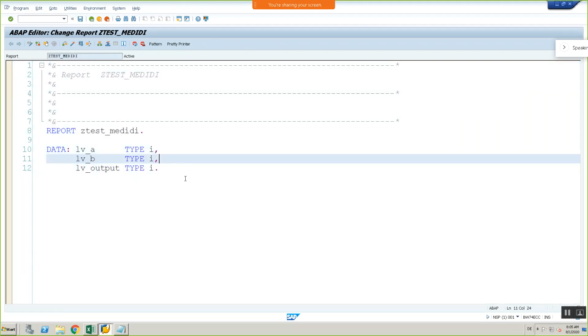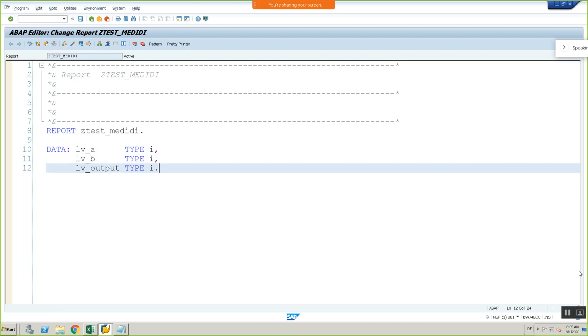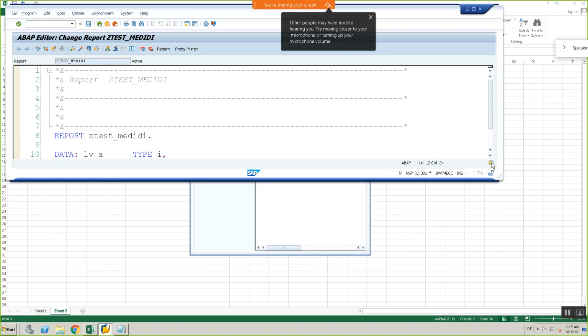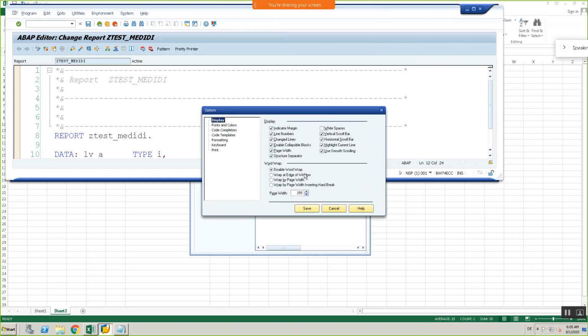So where you can find it: when you go to this little small screen, see, this is the one. If you want to change it, just go here. On your ABAP screen, this is the one. If you click on it, the settings will come here. If you change the font length, then automatically it will revert back to whatever font size you need.